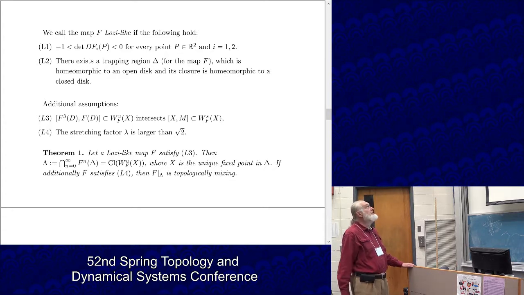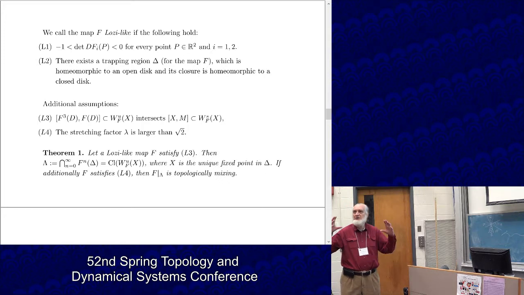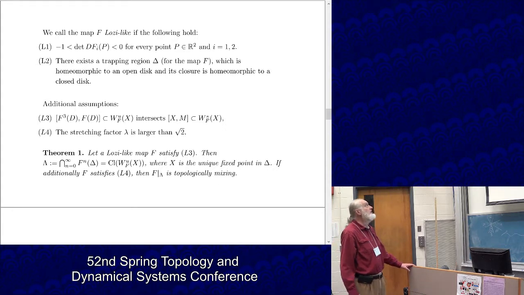And we want it also to be contracting. So it will be expanding in one direction, contracting in the other direction, but contraction is stronger. So the determinant will be between -1 and 0, so that's L1. Now, something that unfortunately we have to assume, it would be nice to have some simple general assumptions which imply that,